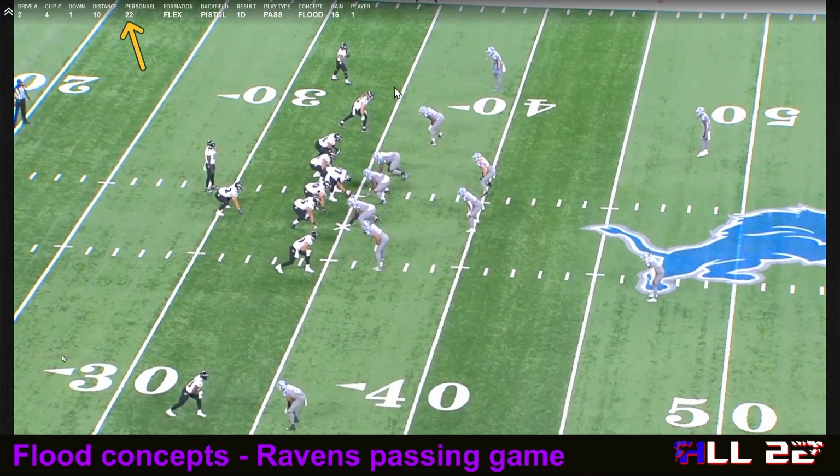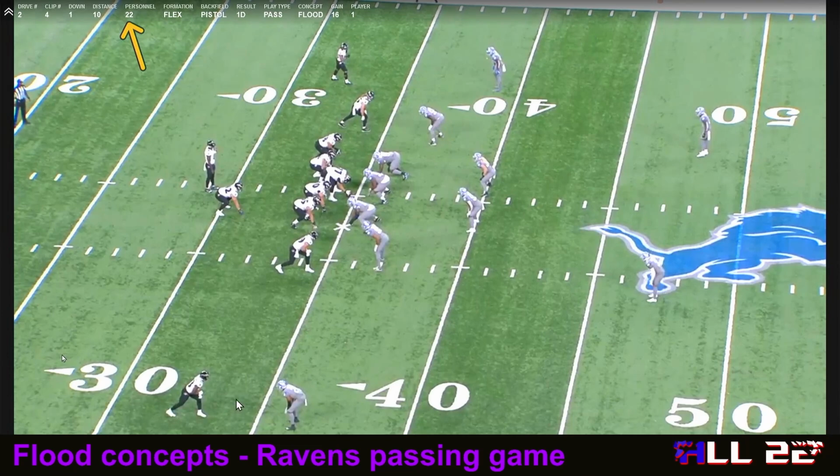You can see it's 22 personnel. So you've got Tomlinson here. Ricard is lined up in the backfield in a 3-point stance. And look where you have Andrews, in that same exact alignment that I just talked about for a moment. Imagine once this play runs, if we have Charlie Kohler or Isaiah Likely here, we're going to be in a